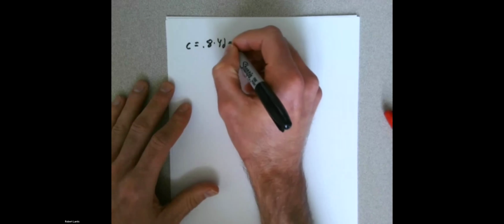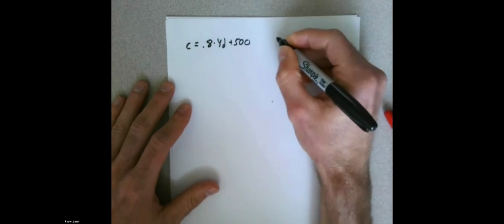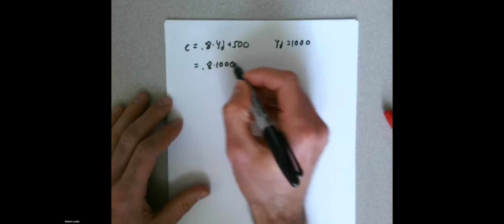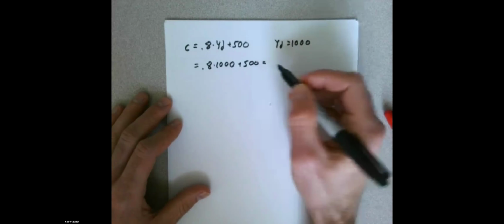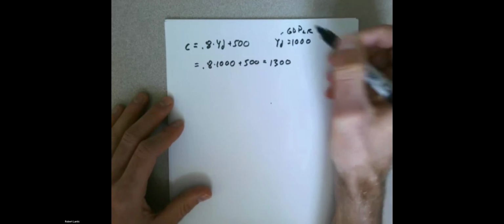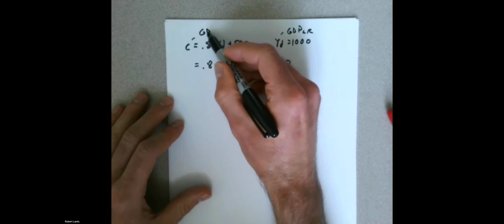So let's say we have a consumption function, and we're told that the current level of disposable income is 1,000. Okay. So what type of gap will exist, and what should the government do to eliminate this gap? Well, if I plug in this disposable income, we get that the current level of consumption is 1,300. So we can think about this as, if we spend all of our disposable income, this is like our long-run GDP, and the current level of consumption is our short-run GDP.